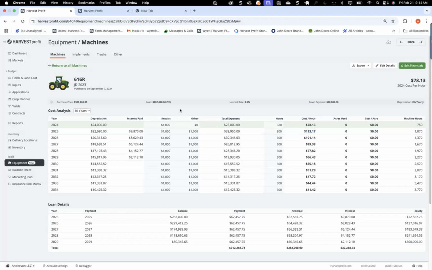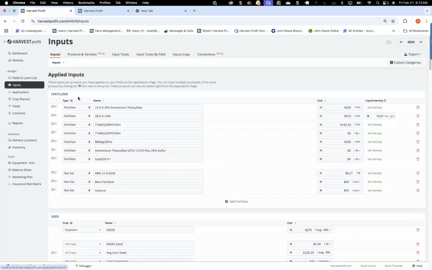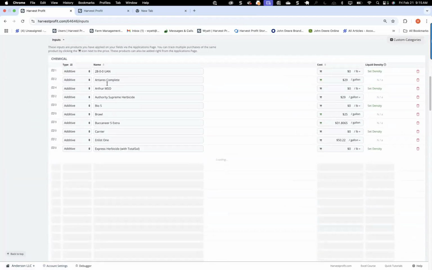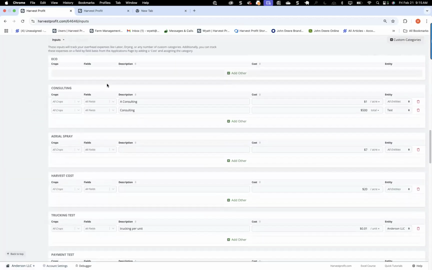The second part to this is adding this cost to my P&L. So some guys like to just see it this way, but they don't want to have it entered as this total expense on the P&L. They want to have it with their payment or something else. But if you do want to see this applied to the P&L, you need to go to the inputs page. And if you scroll down into the overhead section,